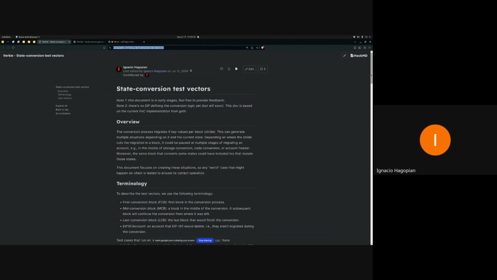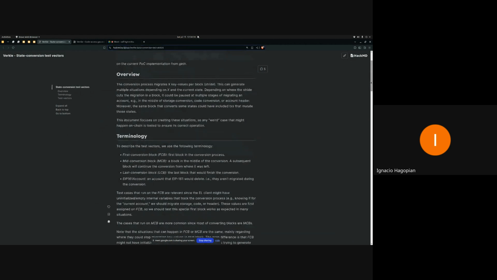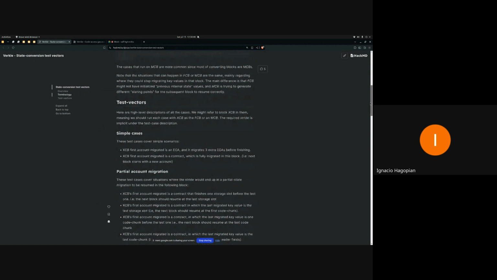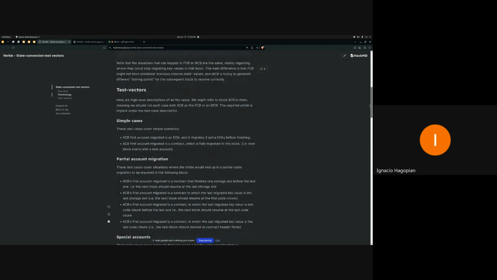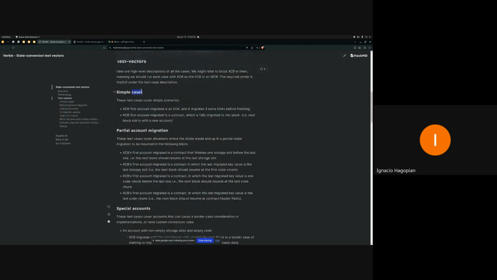But actually, during the conversion, there are a lot of things that can happen that are quite hairy. So I basically went through everything that I thought could happen, and I explained which are more focused test vectors that are worth creating. So we have simple test cases.